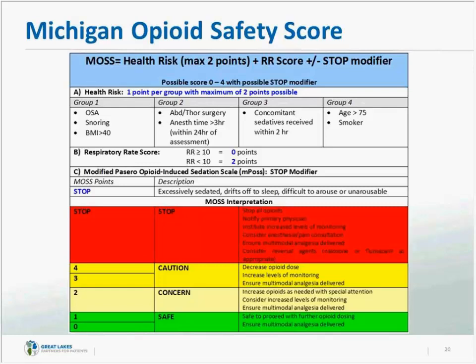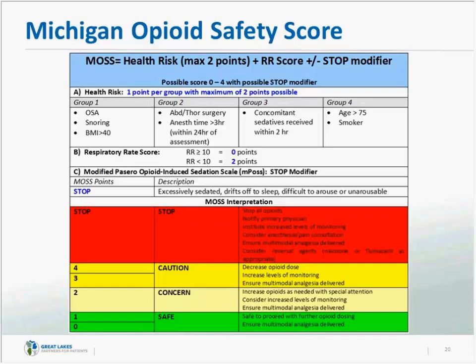And so what we in the MHA decided to do was try to come up with a new pain score that a nurse could use at the bedside when the patient said, ouch, I want more pain medicine. And the nurse could decide, should I or should I not give this patient more pain medications? And so using the Joint Commission Sentinel Event report as a guideline, we developed a tool that first looked at